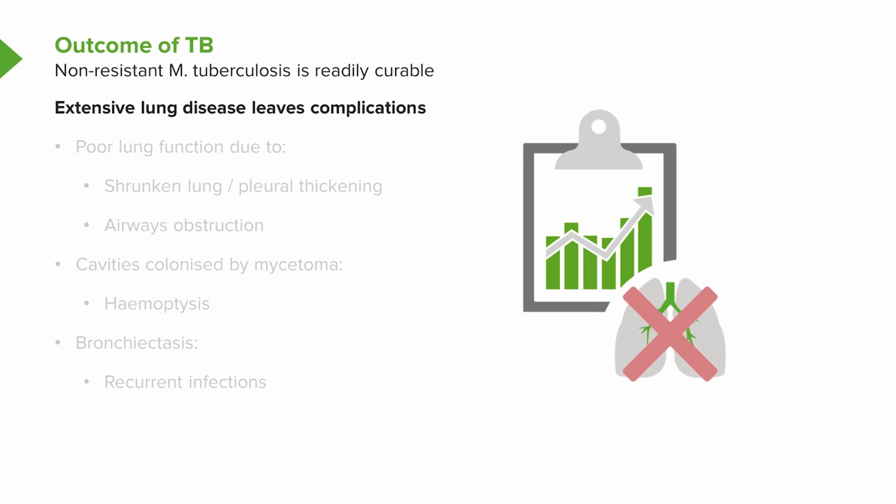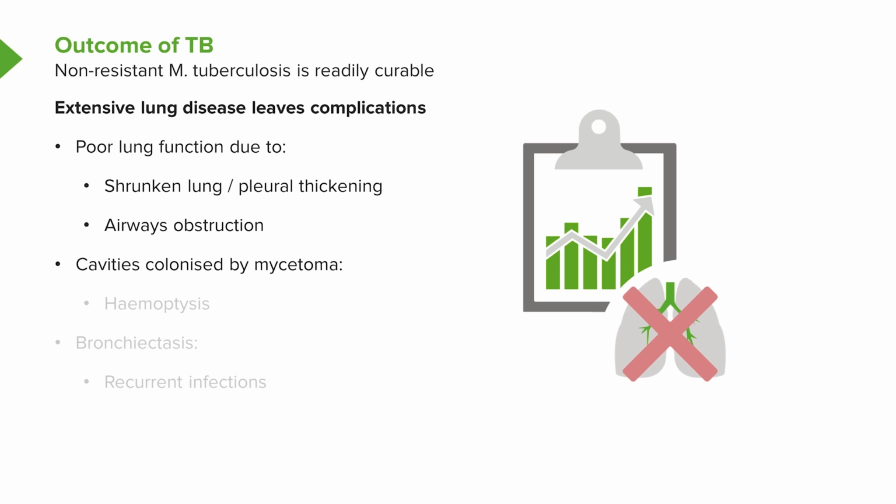There is a problem with TB, and that is that once you've had tuberculosis, it can cause a lot of lung damage. Now, this normally happens in people who've not been treated quickly or effectively. So this is not a common complication in the West, but is very common in people who are born abroad. And extensive lung tuberculosis will leave extensive lung fibrosis, and that can have quite marked complications. You get poor lung function because there'll be extensive pleural thickening around the lung, and also there seems to be a degree of airways obstruction associated with extensive tuberculosis.